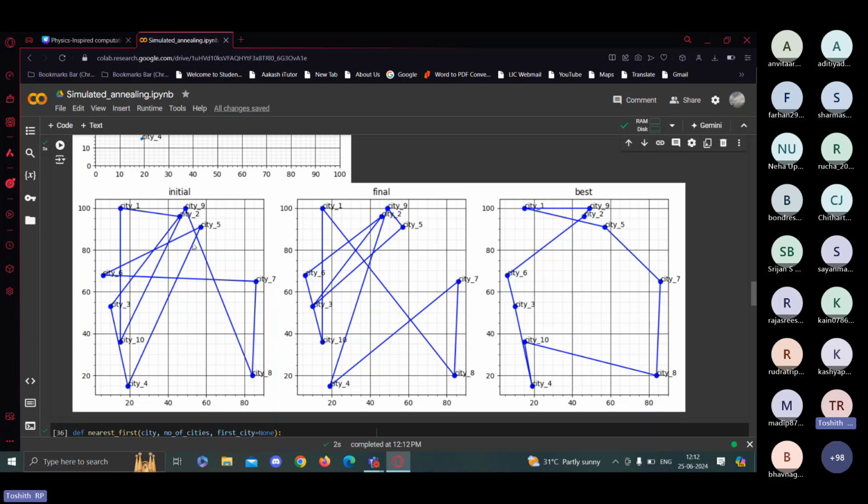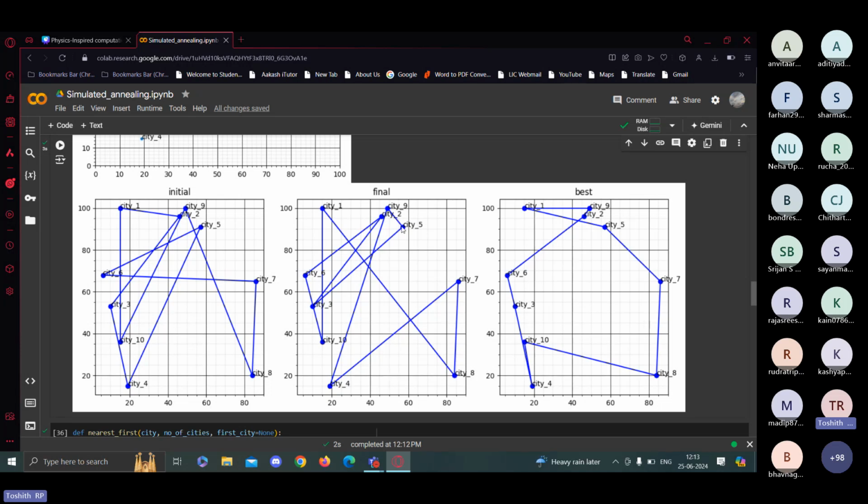Now the program runs simulated annealing. This is the output after simulated annealing has been run. This is the best possible output that my program has gotten. Obviously, as you can see, this is not a global minima, this is a local minima. This is one of the shortcomings of the algorithm which I've implemented here, which is a very straightforward and simple implementation. This can obviously be optimized.